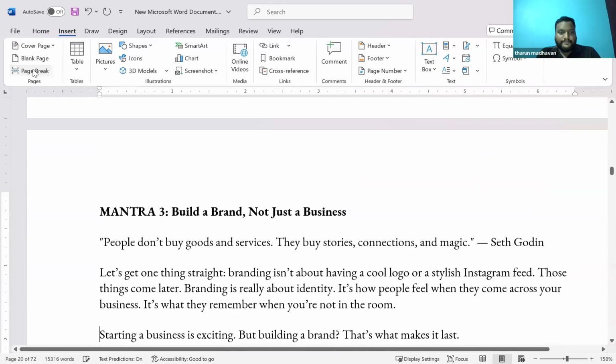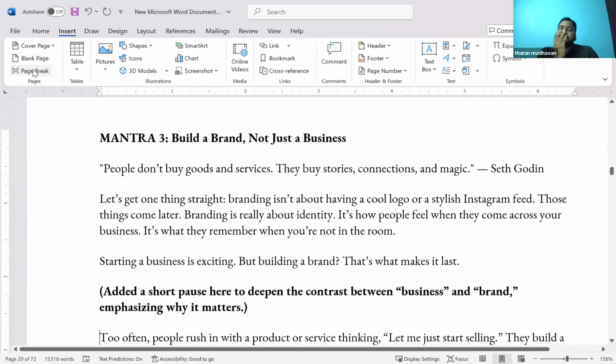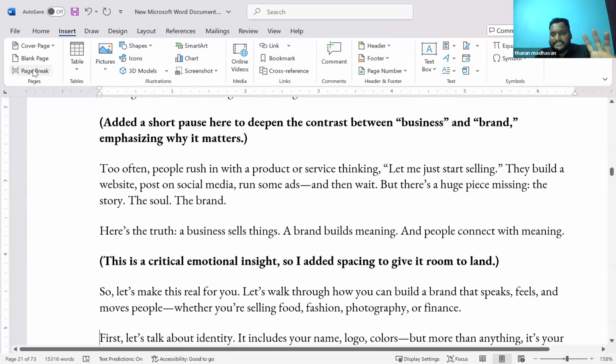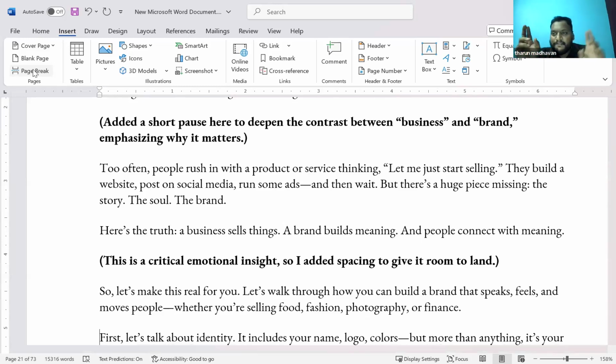Okay, go down. What is this? It has given that feedback kind of thing. I need to remove those things. These brackets, you mean? Yeah, brackets. That's what I was thinking.